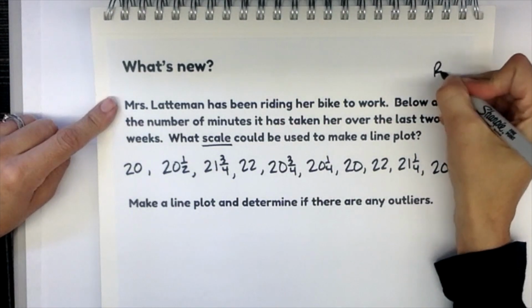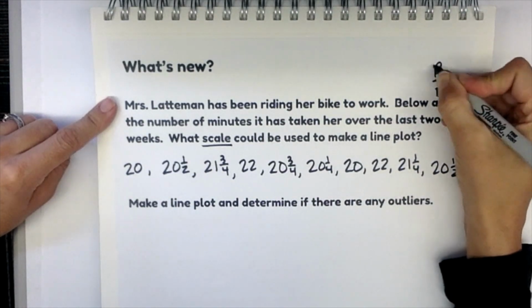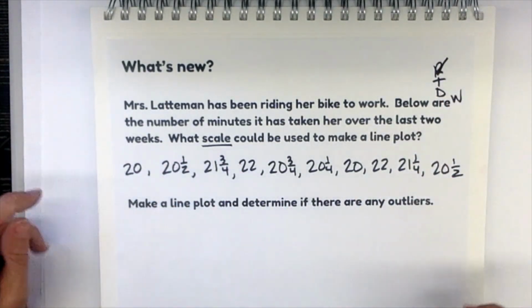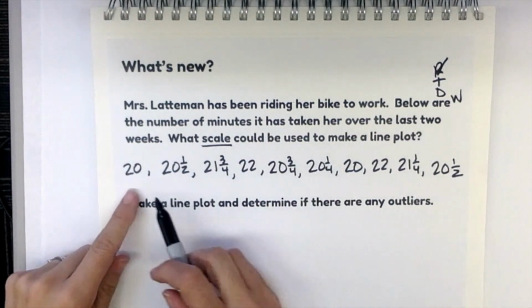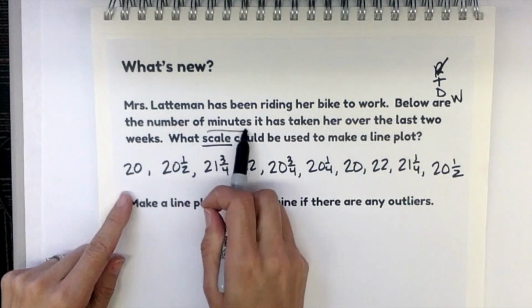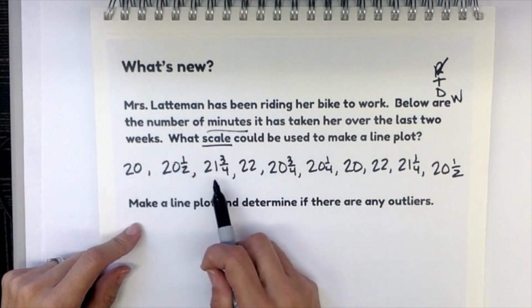Okay, let's do our RTDW. Read it. We're thinking about the scale. So from the smallest to the largest. Let's look at our numbers. So these are minutes. 20, 20 and a half, 20 and